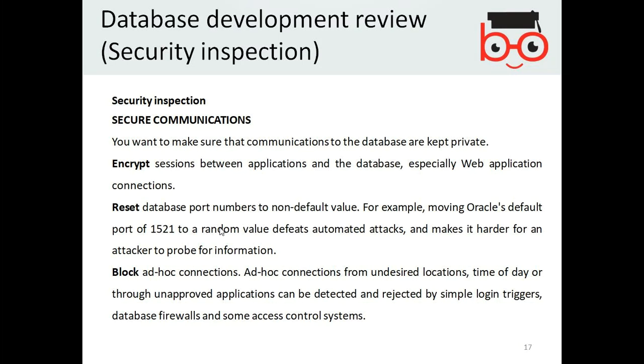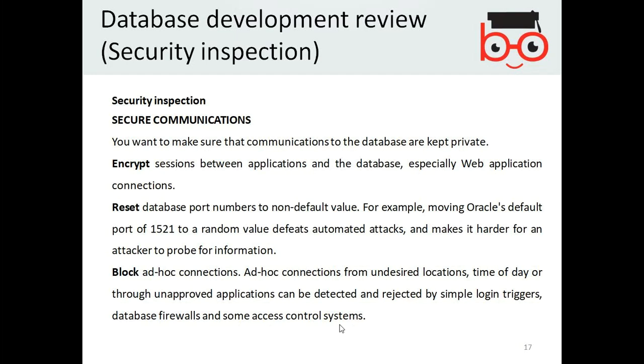So default ports are normally 8080, but you should change the port so that any normal location can be dealt with. And ad hoc connections from undesired locations, at undesired times of the day, or through inappropriate applications can be detected and rejected by simple login triggers, database firewalls, and some access control. So ad hoc connections are any extra connections from undesired locations.